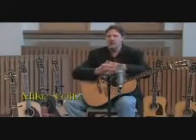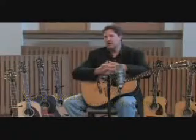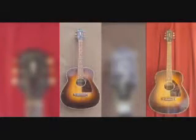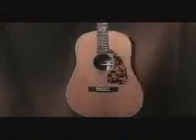The whole line looks really, really good. The remarkable tone, quality craftsmanship, and authentic vintage styling are back in the Epiphone Masterbilt collection. We started by looking back in our history and focused on guitars that had significant impact in the music industry throughout the years. Our idea on the Epiphone Masterbilt line was to offer a highest quality, hand-built acoustic guitar for